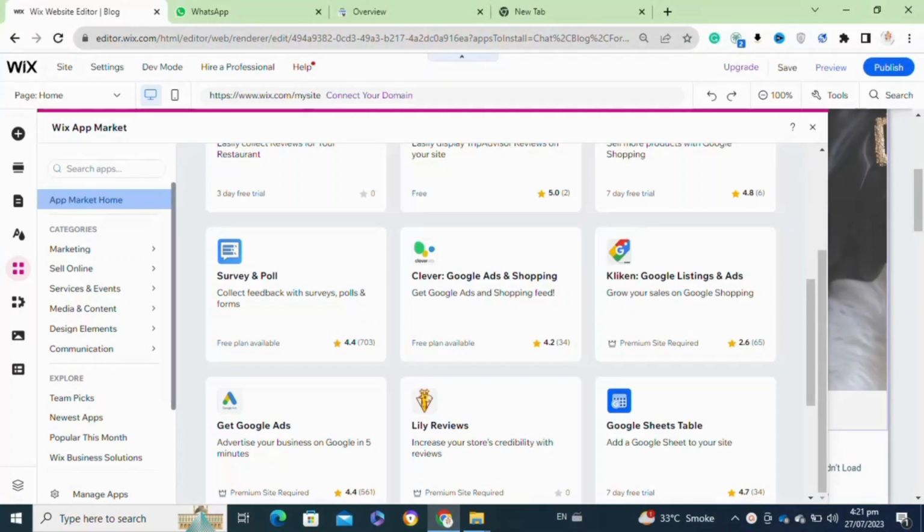So here's how to add Google AdSense to your Wix website. It's actually quite easy to do, so make sure you watch to the end and don't skip any important steps. For this, first you will need to log into your Chrome browser, and after that you have to simply